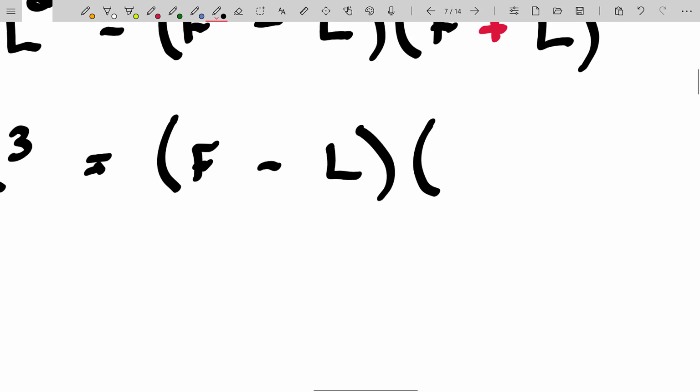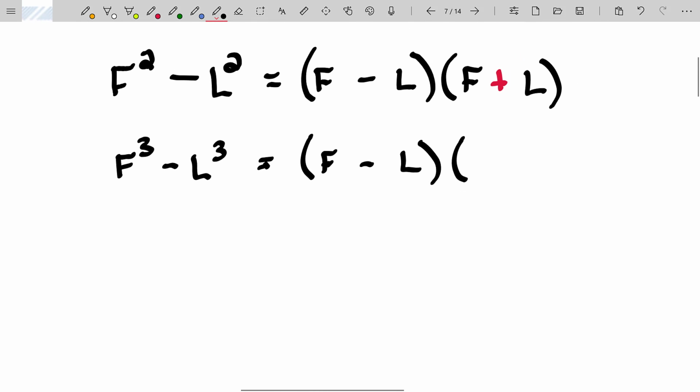In other words, I have to have something with an f squared in it. So I then take this guy and I'll square it. I'll take the opposite of that sign, and then I'll take the product of the f and the L here,